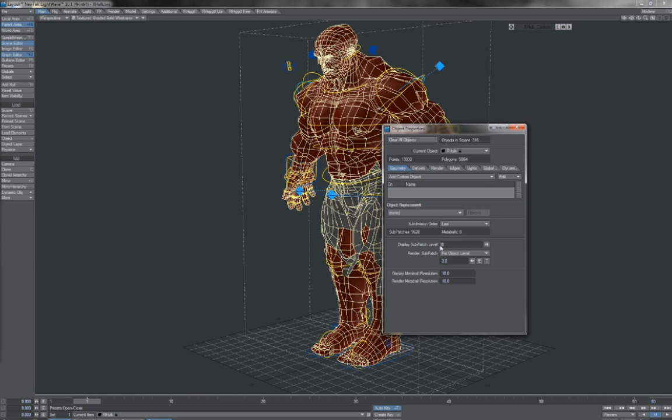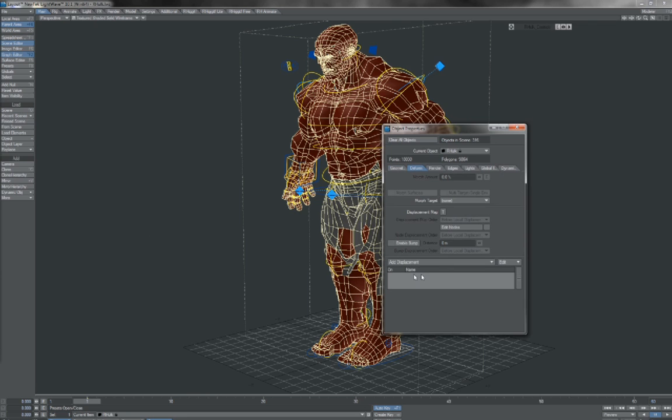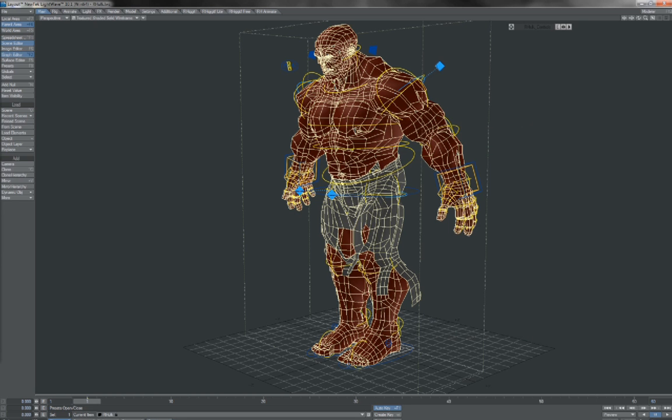With your character itself, keep it to a low subdivision level, of course. And also, if you happen to have any morphs on it from Morph Mixer, you can toggle that off by unchecking it. And that will also give you a speed boost when you're animating the body and don't need the